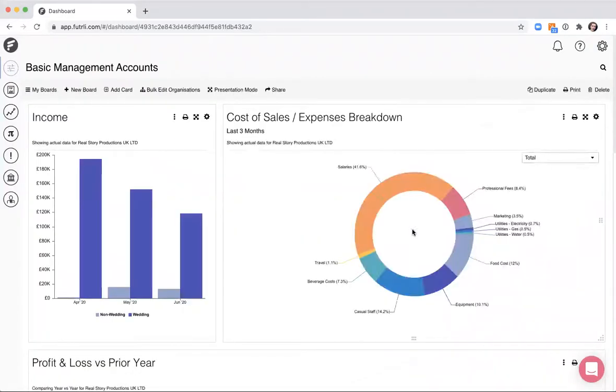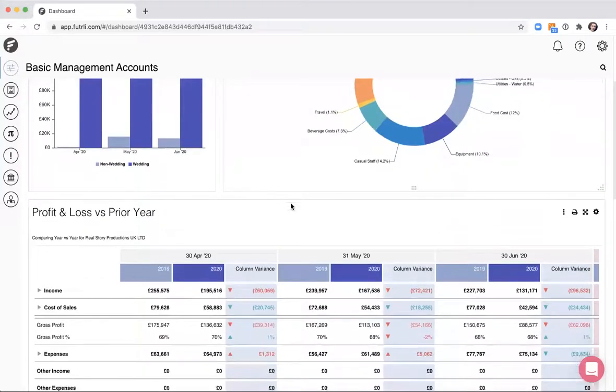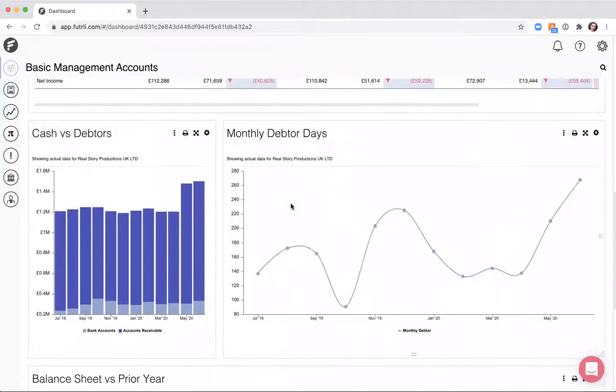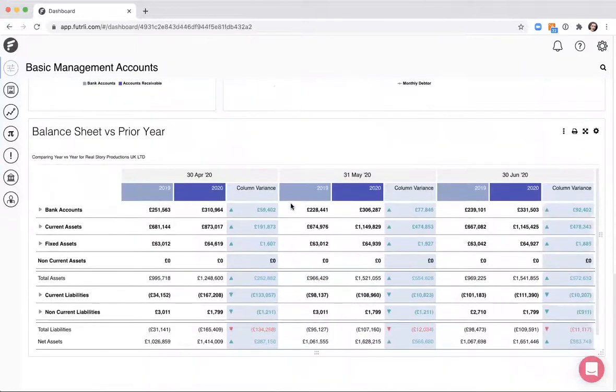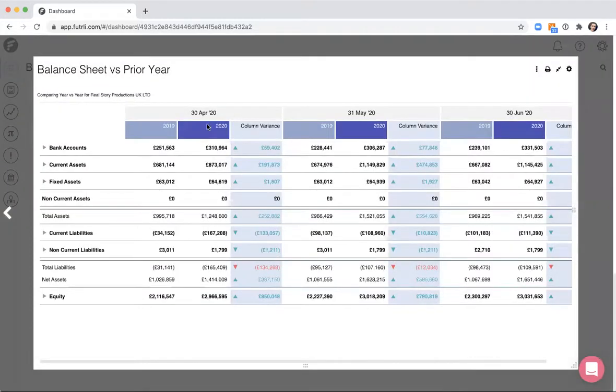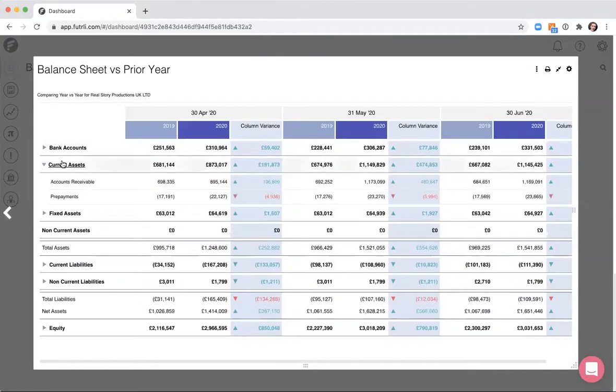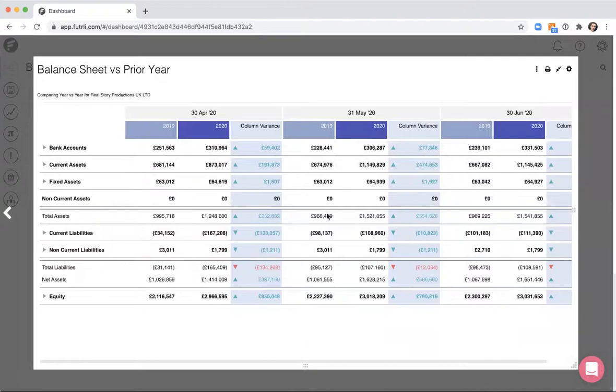And there we go. We've then got a set of management accounts produced really quickly on a live interactive board. This report, the only difference really being, is that it's a P&L and a balance sheet comparison to the prior year. Another way to present management accounts where we can start to see how April 20 is compared with April 19. And we can obviously open up categories and then do things that we can't necessarily do in a printed report. We can toggle through